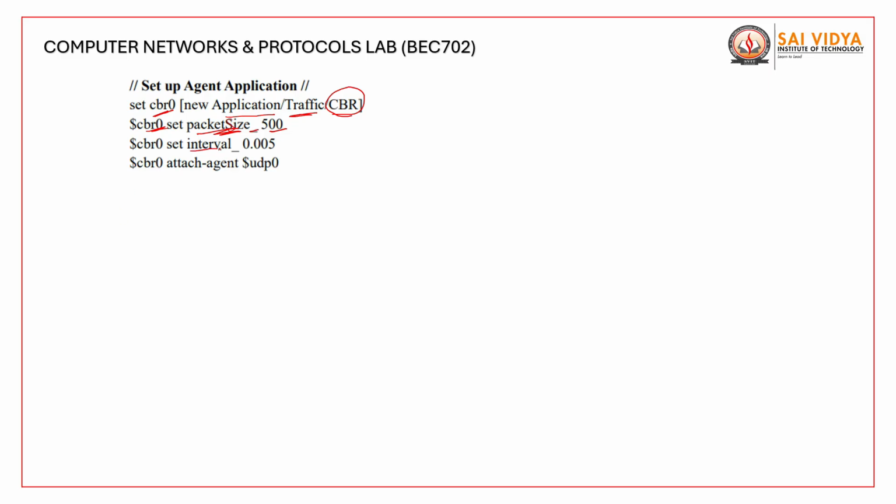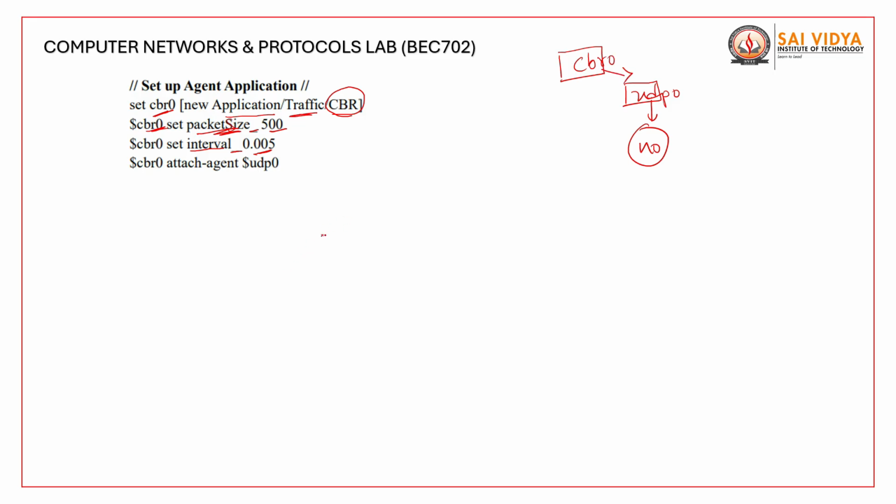Then what is the interval of packet that is generated? For every 5 millisecond, a packet of 500 bytes is generated. Interval underscore is here. And UDP0, to which node is this to be attached? This is to be attached to the UDP0. If this is N0, if this is UDP0, then I have to attach this one. So this is my